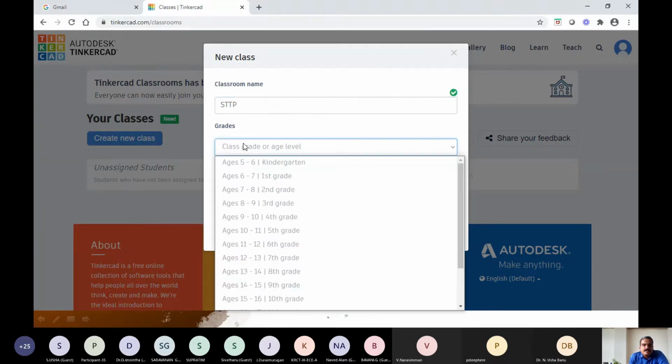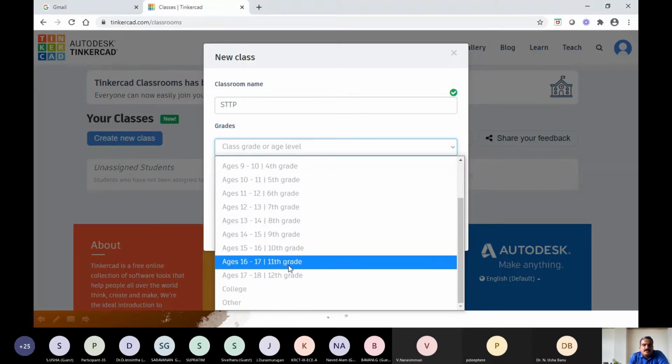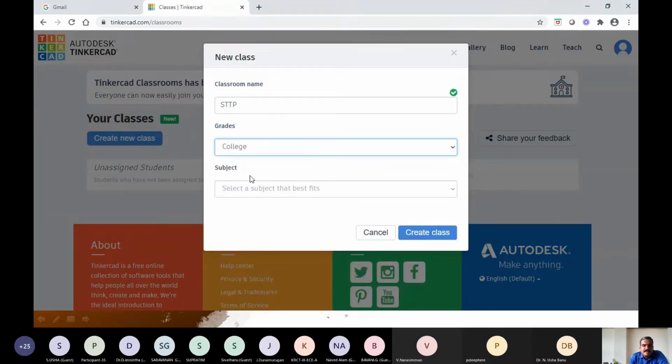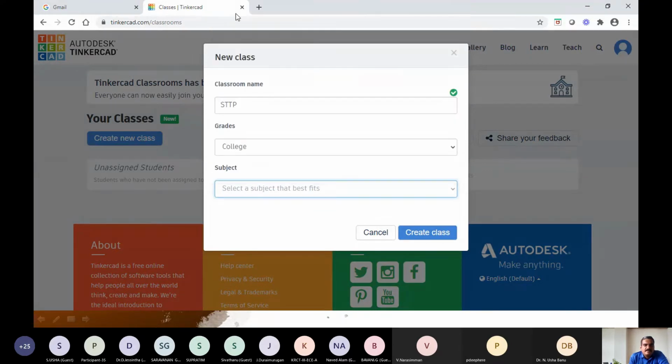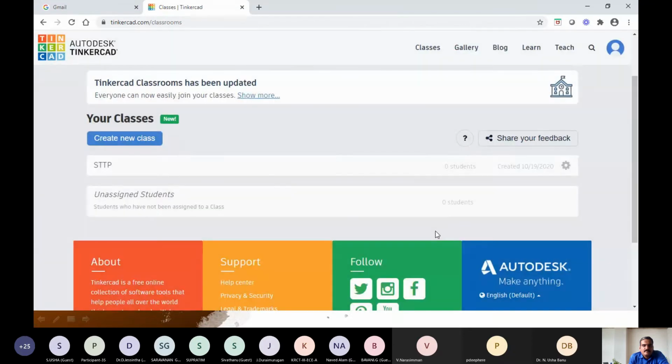For grade, we can use any grade, so I will make it college. For subject, we are dealing with engineering subjects, so I choose engineering. Once you select all these, you give create class. Now the class is getting created.